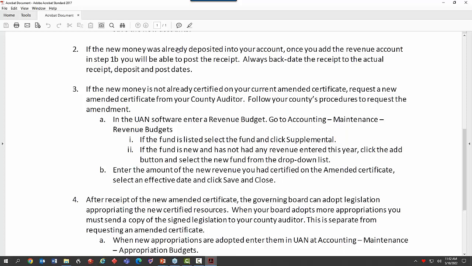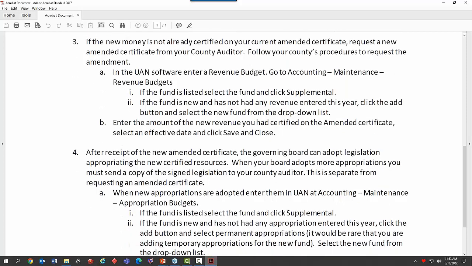If there is any question whether the check you're receiving is something that's going to be accepted, you want to talk to your legal advisor and it's going to go before the governing board. But you have a requirement to deposit money on a timely basis. So in UAN, you can always backdate the receipt to where it belongs. Receipts can be backdated. Sometimes you're waiting a couple of days, but don't leave the check sitting on your desk. If it's yours, deposit it. And then when you find out the revenue code and you add it, you can backdate the receipt where it belongs.